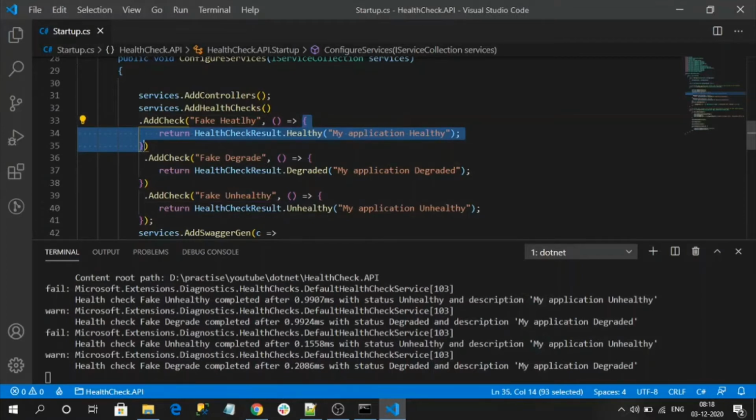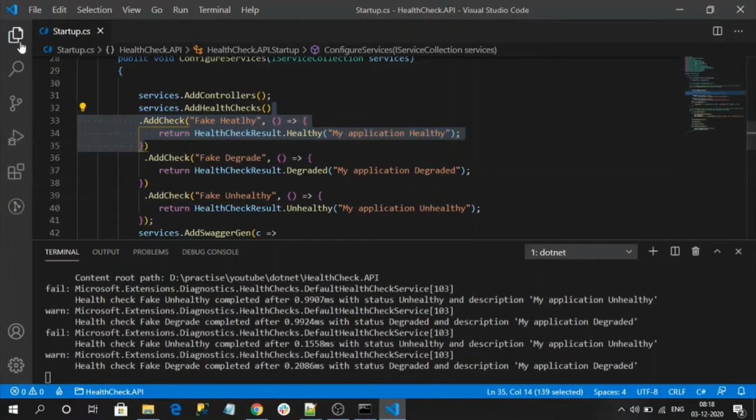But if you want, we can maintain a separate file for each health check by inheriting the IHealthCheck interface. So let me create a health check with a separate file, because in real time we have to write a lot of logic where the code won't look good if we write it here using anonymous methods only.